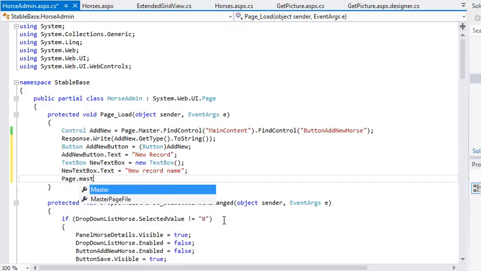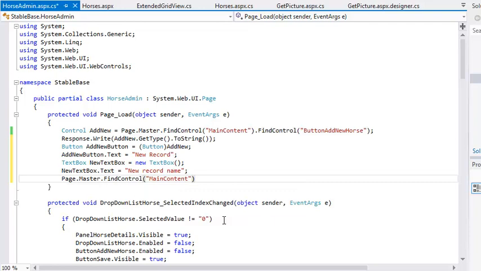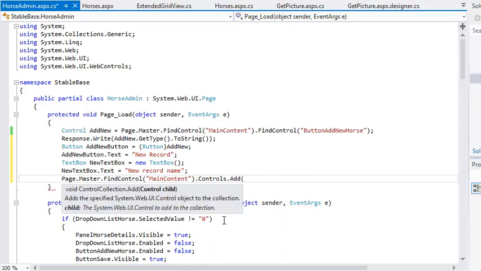Page.Master.FindControl("MainContent").Controls.Add(